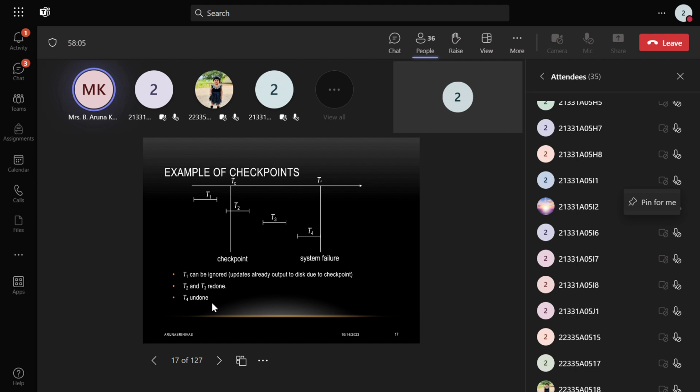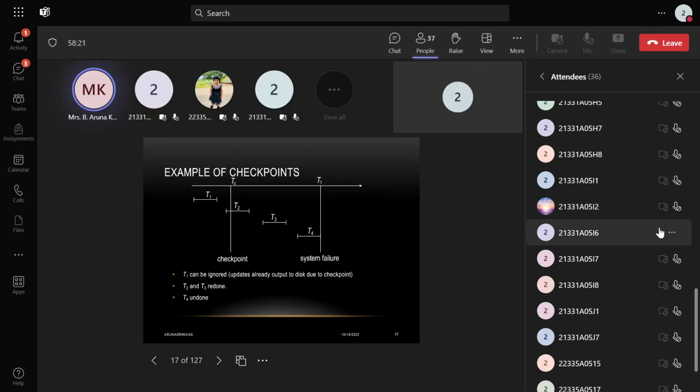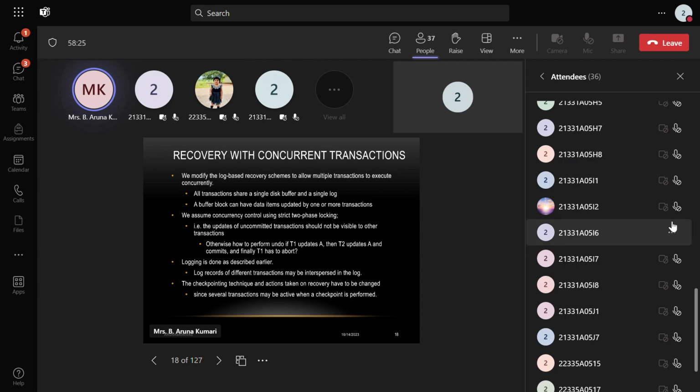And the final one, the last one: the transaction started, but it hasn't ended. Meanwhile, there was a system failure. So this type of transaction should move into your undo phase, and whatever you've done up till now should not take place. In this way, if any transaction is given to the system,